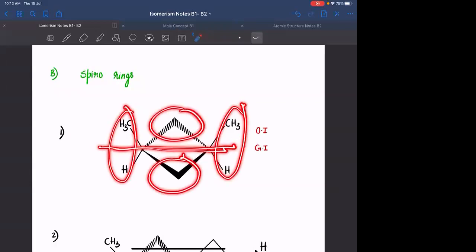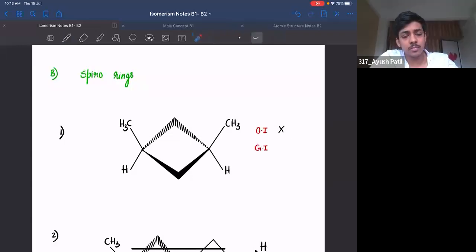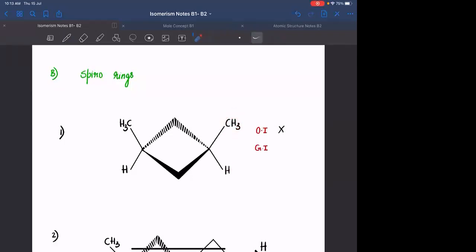So I'm dividing the molecule. There is a plane of symmetry. Hence this molecule doesn't possess optical isomerism. Can it have geometrical isomerism? Yes, sir. It can, right? ये जो CH3 को यहाँ पे लेके आया, this distance and this distance are different. You have different geometrical distances, hence there is geometrical isomerism. Is that clear? Yes, sir.